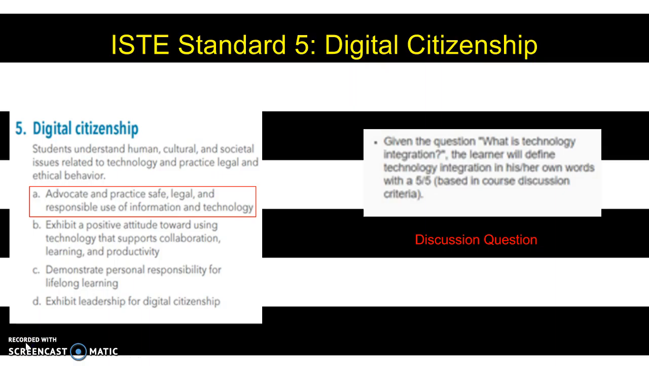The final standard we're going to talk about is IDT Standard 5, which is Digital Citizenship. I chose a discussion question that was introduced to the class from Dr. Knowles at the beginning of the semester, which said, what is technology integration? And this was based off Substandard A, advocate and practice safe, legal, and responsible use of information and technology. So basically we were to know what is the integration of technology? Integrating the use of technology